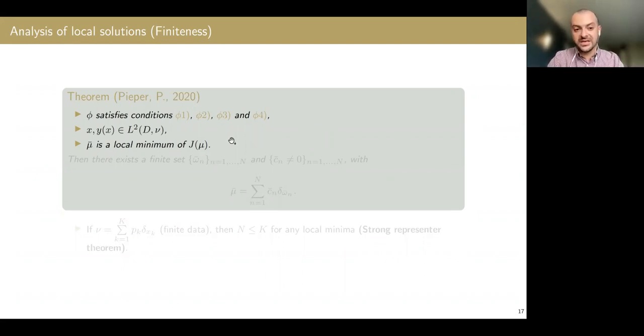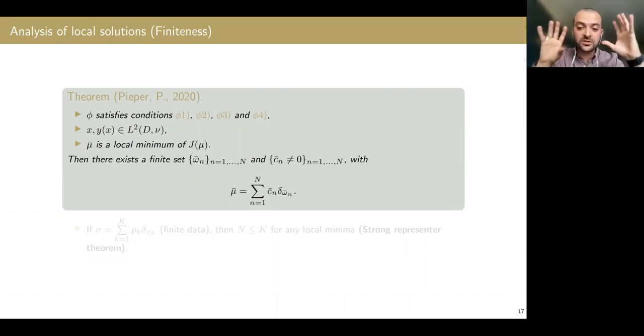But what this theorem says is that if you solve the problem, any local minimum is going to be a finitely supported measure. So in other words, it is like the standard neural network that we started with. If you try to solve this general problem, all local solutions are going to be finitely supported measures. So the solution you're going to find is going to be a finite network. This doesn't happen when you look at the L1 minimization problem.